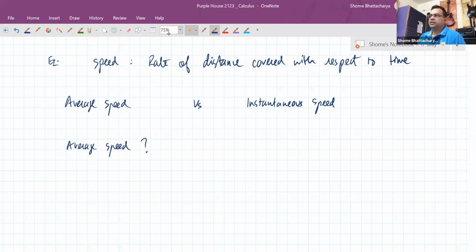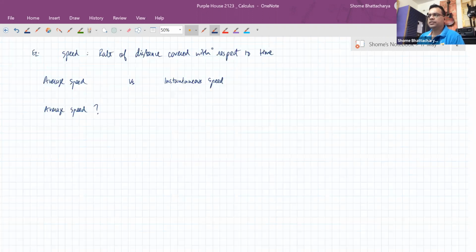So let's think practically. If you were making a trip somewhere, like you went from Mumbai to Nasik, or Mumbai to Goa, by road in a vehicle, how would you have measured the average speed? Can anyone tell me how we measure average speed, or how we define average speed? Distance...